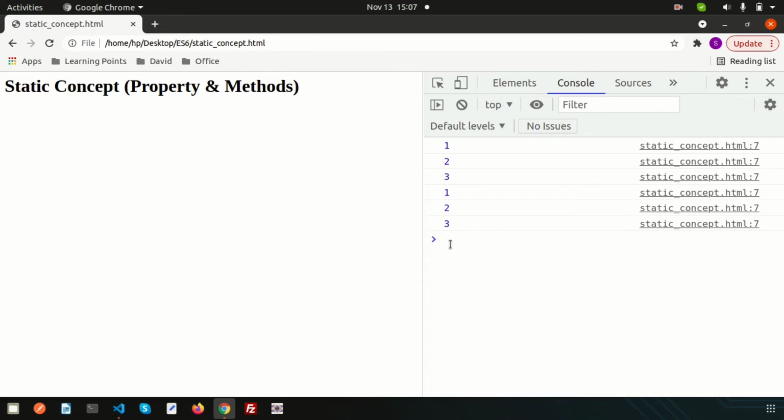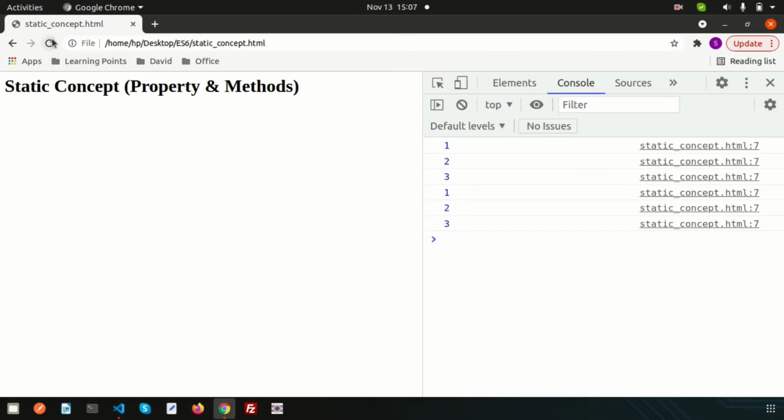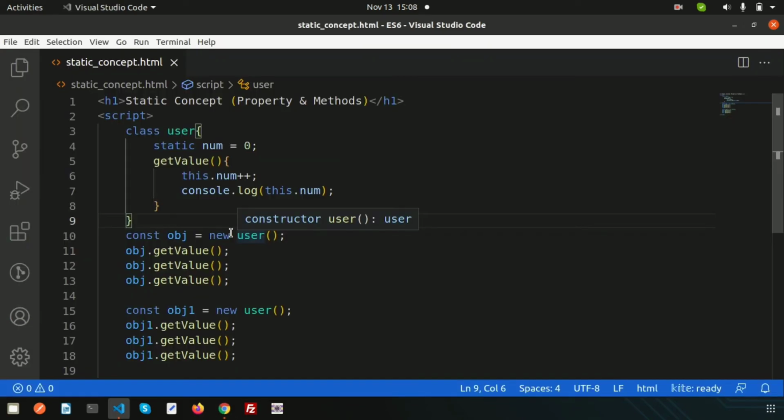So what is a static property? Here, instead of this, if I simply declare this number as static, then refresh this, we are getting none. Obviously we get none, because another property of static is that we don't need to create any object to call any function.